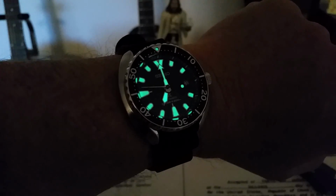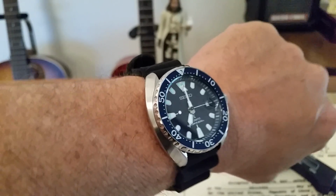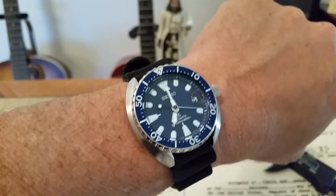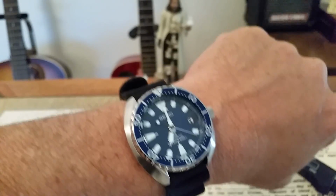Okay, get the lights up here. Like I said, that's the watch on my 7-inch wrist. So this is a 42 millimeter case. It looks like 42 by about 43. Very round little watch. Looks cool. Let me show you something really quick. Show you the difference, in case you guys are wondering how different these watches look on the wrist. I'm going to put on the standard